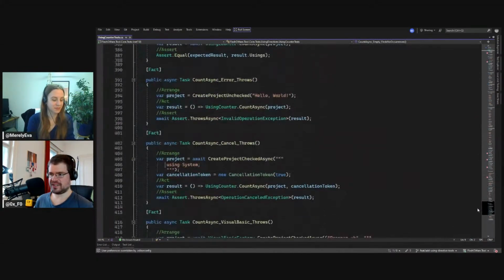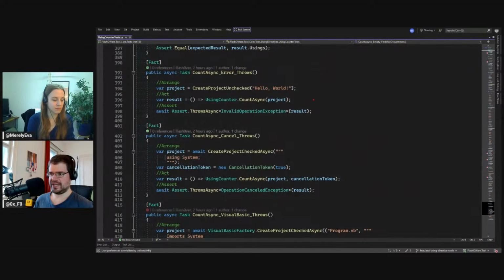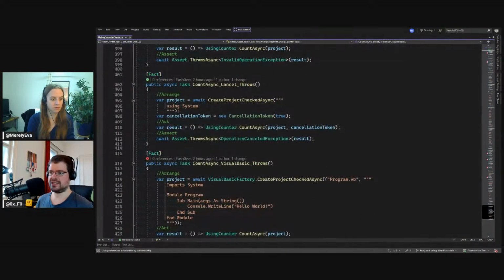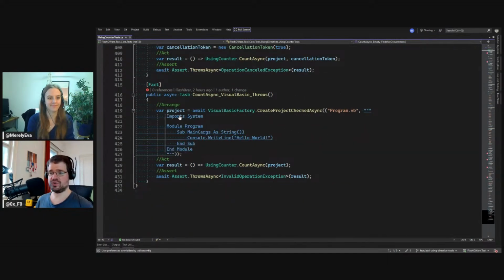So here are all the auto-generated tests. If we create some invalid syntax, well, we have a compiler error in the project, then we throw. If we support cancellation, then we throw the operation canceled exception. And this is still our to-do. If we are in a Visual Basic project, I didn't get this to run yesterday, but